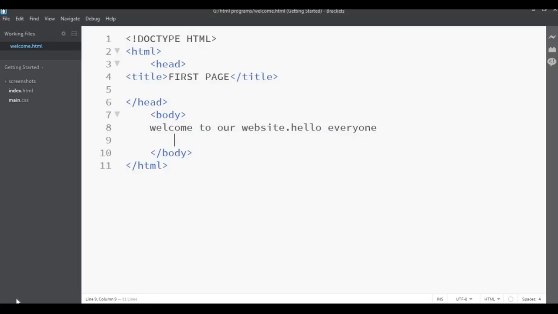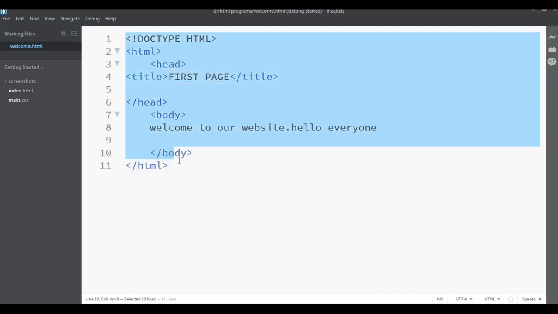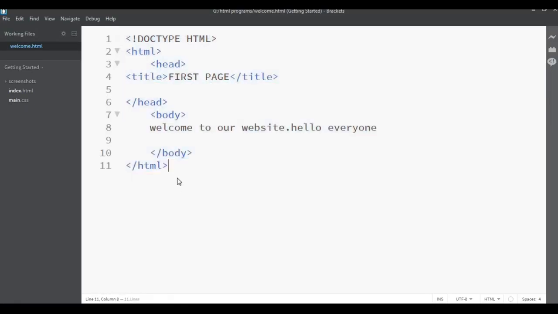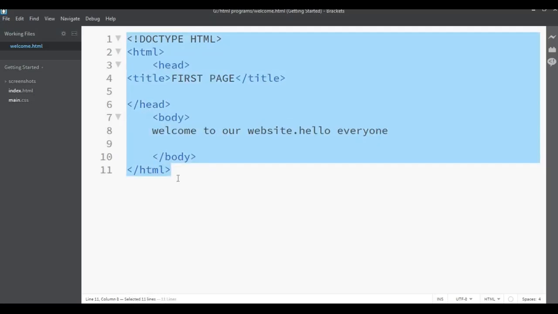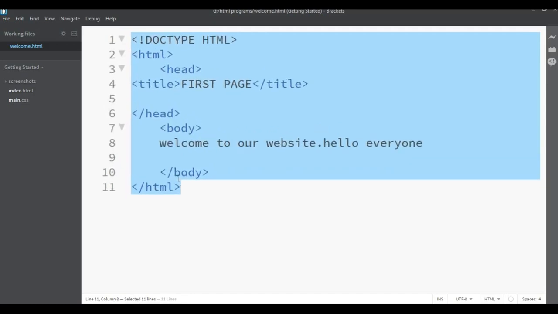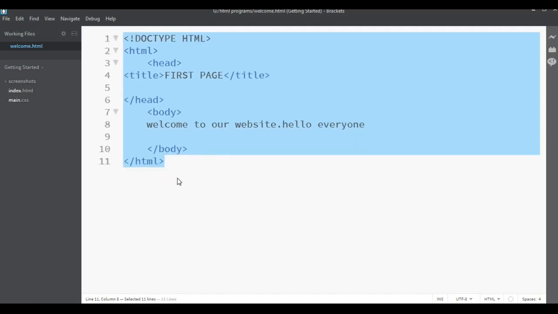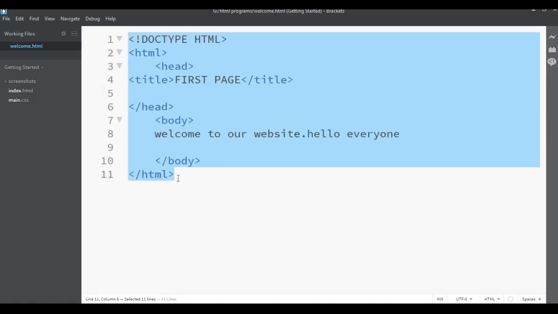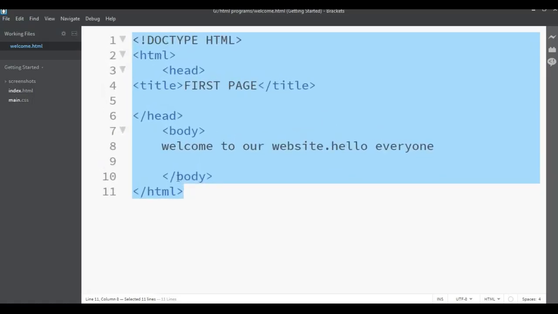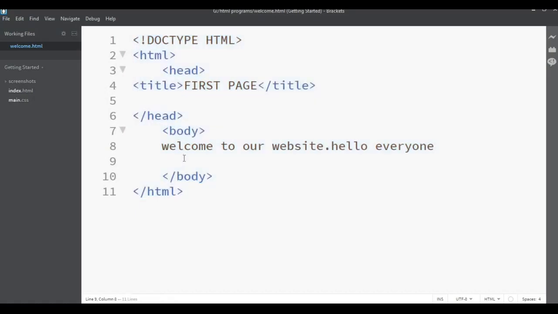Now let's run the practical of tags. First of all, as the text size of Brackets is too small when you open it in your system, to increase it simply use Control plus to increase the size and Control minus to decrease the size of this document. Okay, so let me show you how adding tags works here. Just simply write H1 and the text between them.